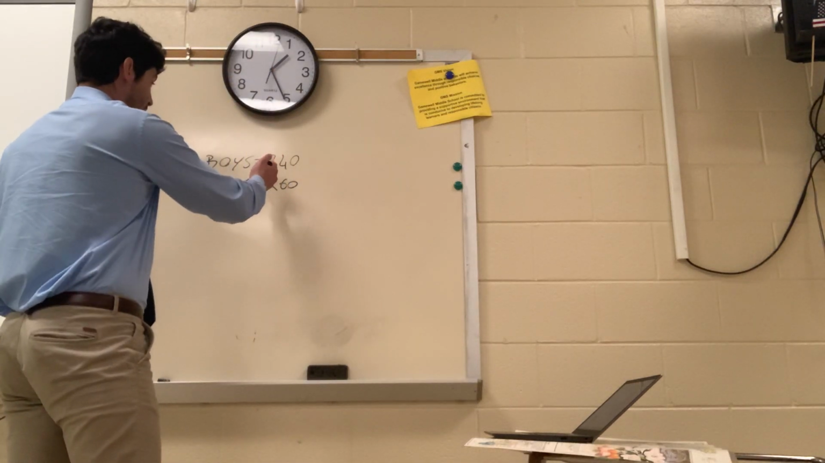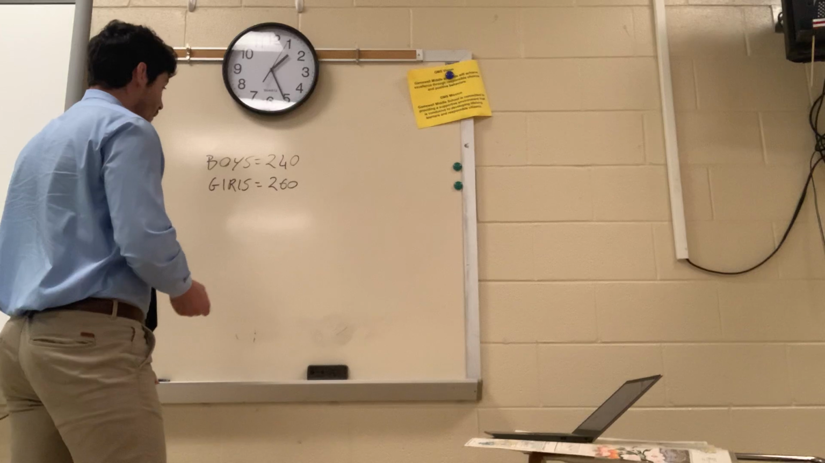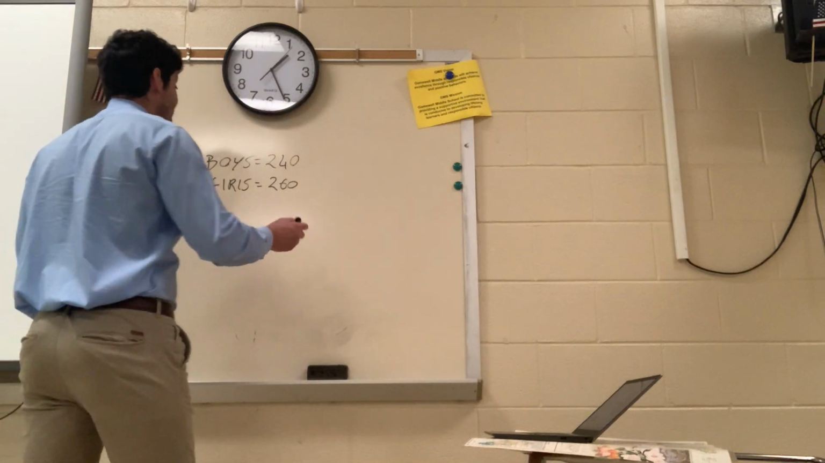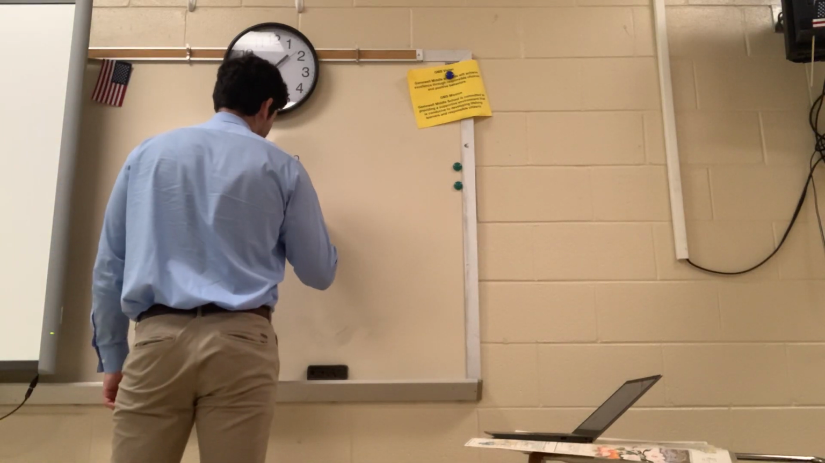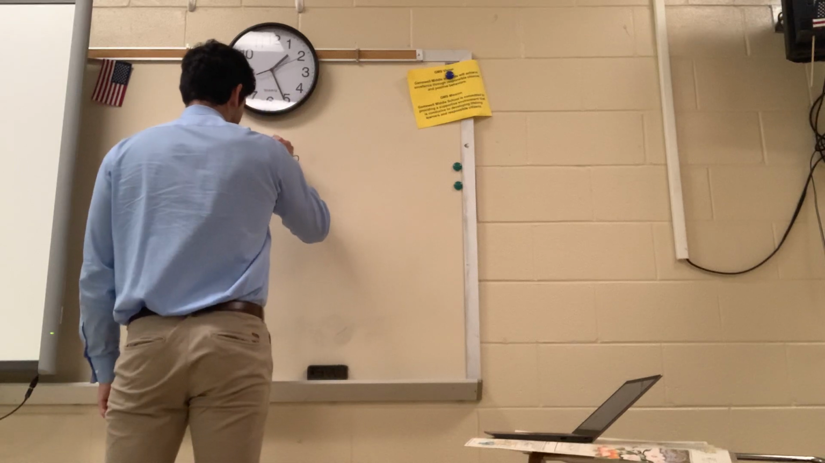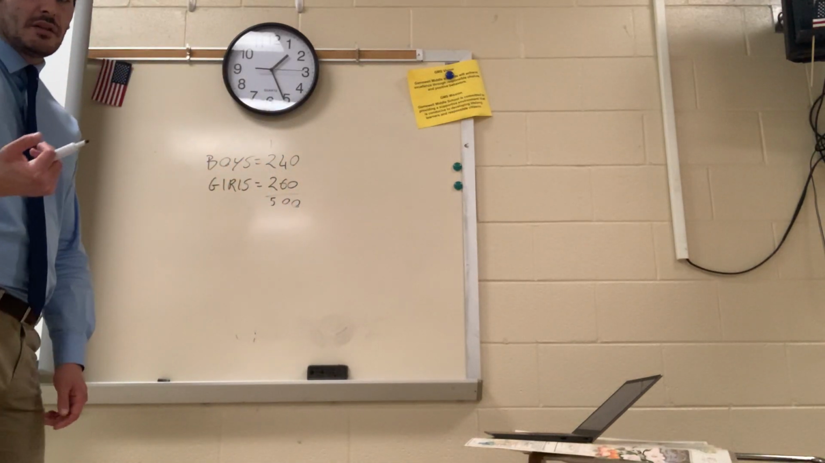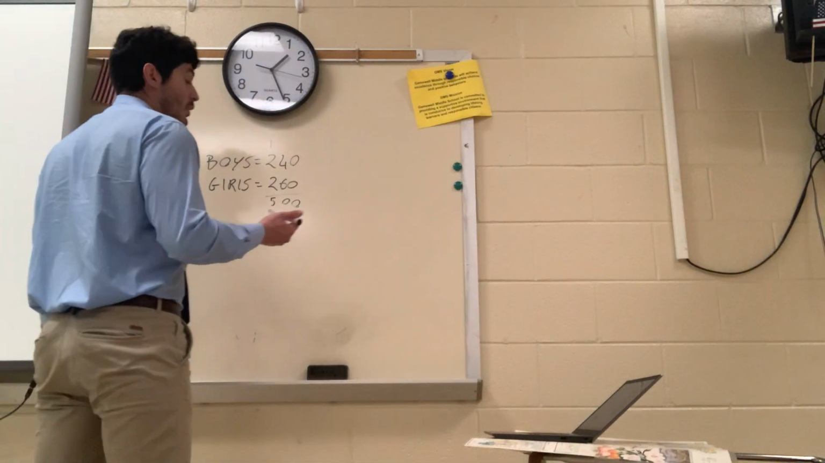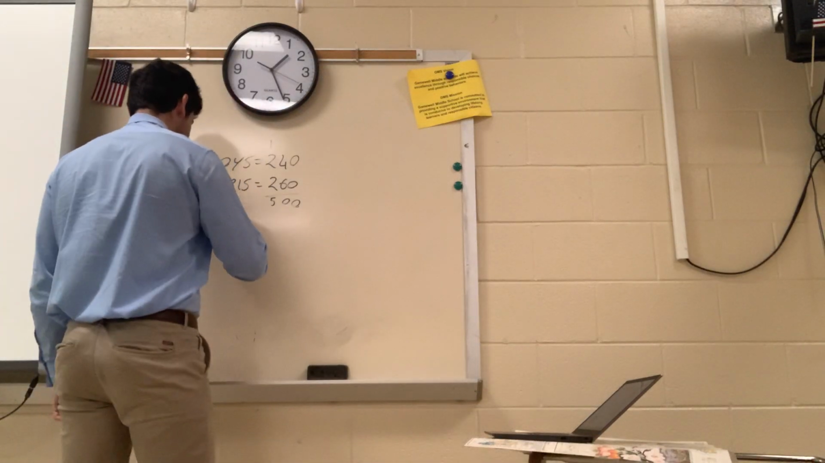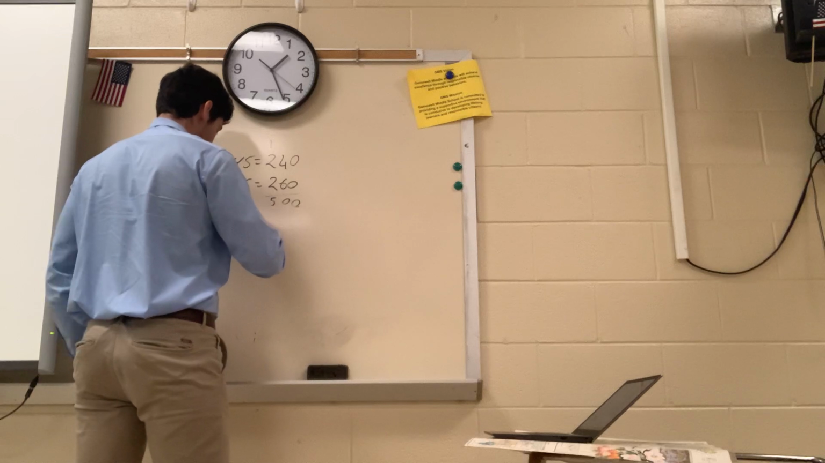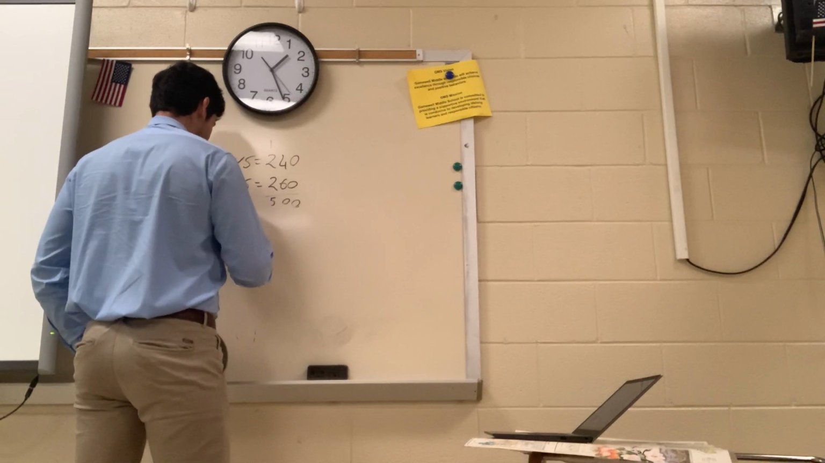So I know we have 240 boys and 260 girls, right? If I want to know the total, all I have to do is add. All right, and my total is 500. There's 500 total students in the school. So the ratio of boys to total students